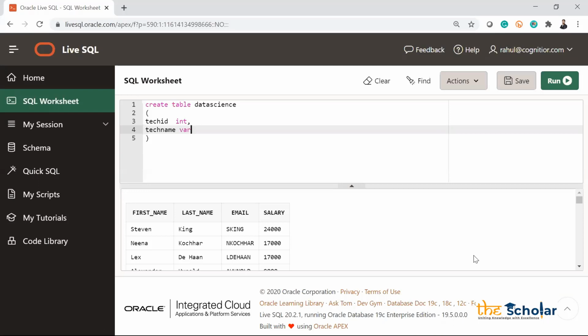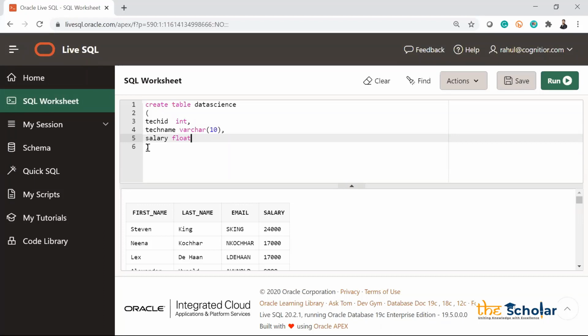But as of now, I'll go with varchar, and in varchar, I'll just pass some number. That number means the length of that word should be not more than 10. 10 is the maximum length. Okay. And after that, let's put scope, or let's say salary. How much salary will I get? Let's say salary I'm giving again as, do we have a float here? Looks like yes, we have a float. We'll execute it.